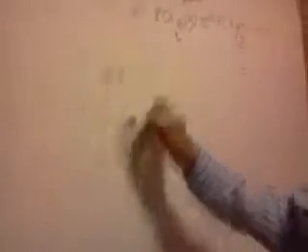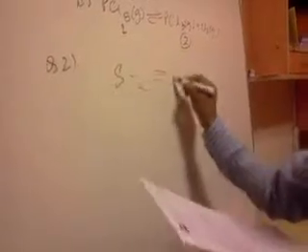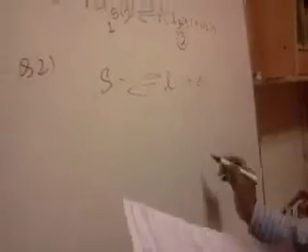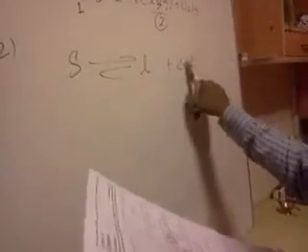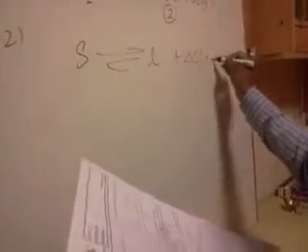Question number 2. According to Le Chatelier's principle, adding heat to a solid-liquid equilibrium. Solid is in equilibrium with liquid. Of course, heat will be released. The latent heat of fusion will be released. Delta Q will be released. Since this reaction will be exothermic, if I increase the temperature, if I add heat to it, then I will be increasing the product.